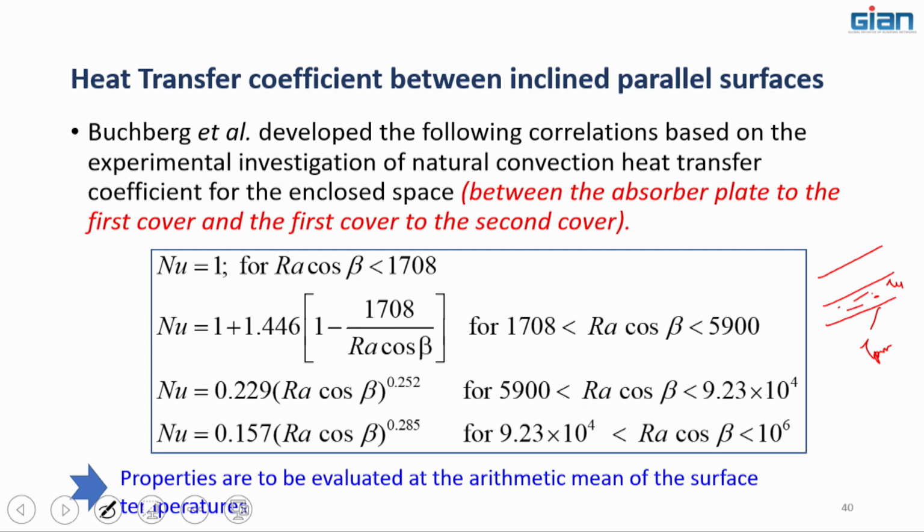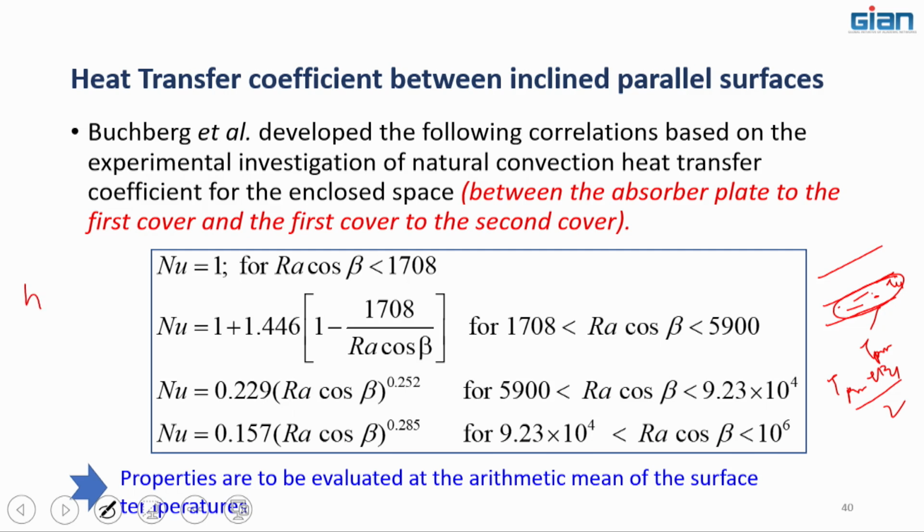So what you need to find out is what could be the properties of air at this portion. It will give you a temperature of (TPM + TC1) divided by 2. At this temperature, normally we take the properties of air, then you can do the calculations for heat transfer, and this expression, this correlation, will give you the heat transfer coefficient, because this Nusselt number is hL/k, and this is the characteristic